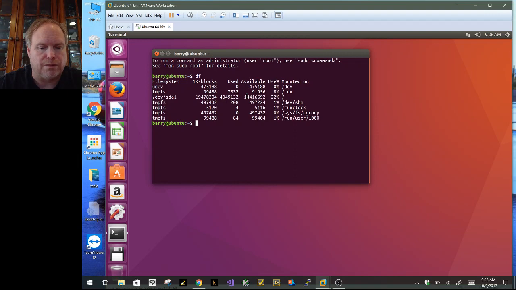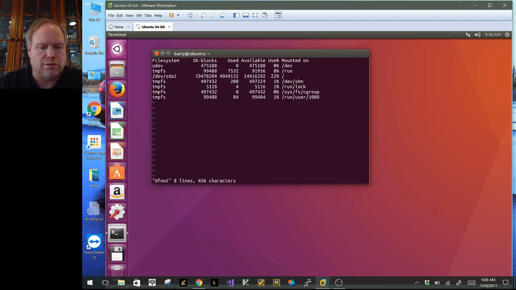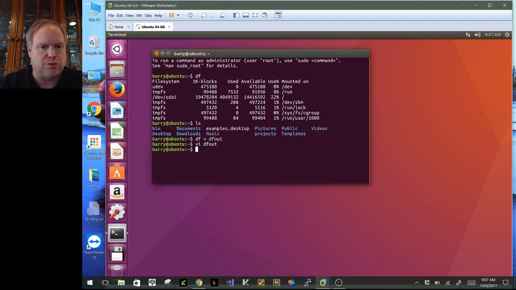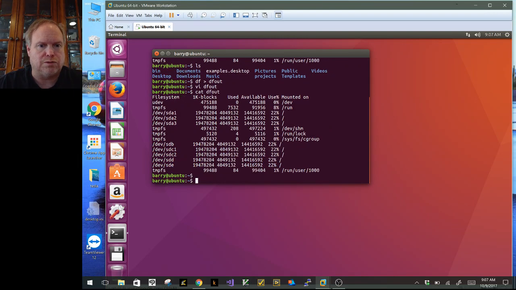In any case, let's see, what I want to do is take the output of the df command, then modify that. I just want to have multiple hard drives in the system. Okay, so that's good just for some test data. And just to make it a little bit more realistic,